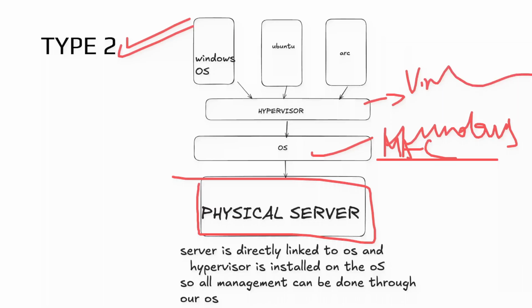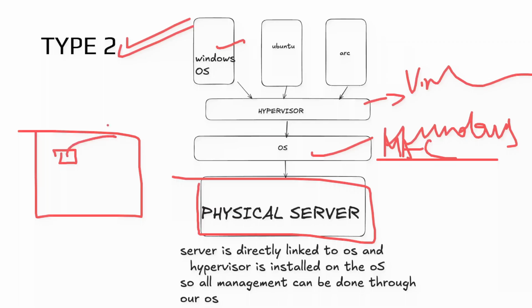We install VirtualBox here, and through VirtualBox you can install whatever OS you want and then use them. So you have this computer, you have this VirtualBox software which is your hypervisor, and upon opening you can install any number of OSs in it and then use those OSs. This is very common in domestic use,